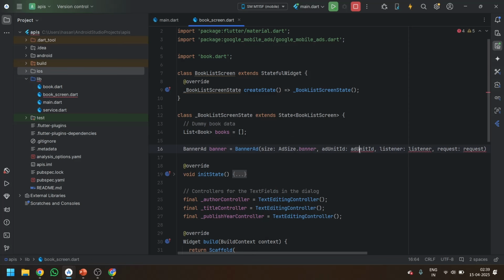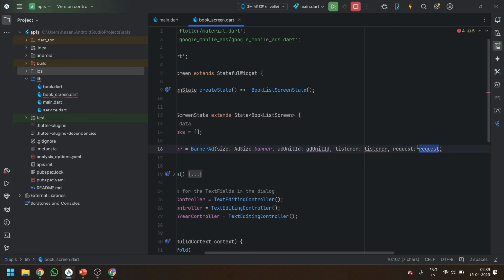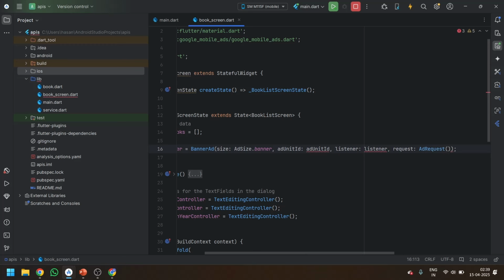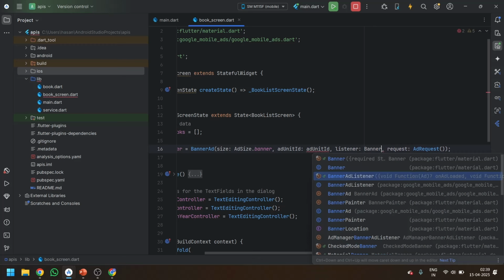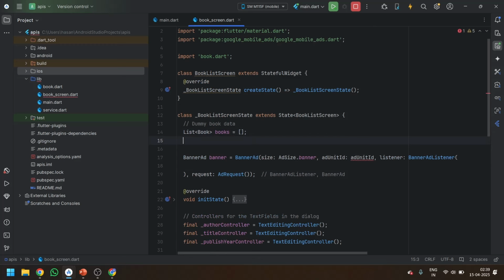After that, it will ask for the unit ID. Now what is this unit ID? I will tell you. Just come to the request part. Over here, write AdRequest, and this is done. Now in the listener part, you have to write BannerAdListener, and just do this. Now let me define the string